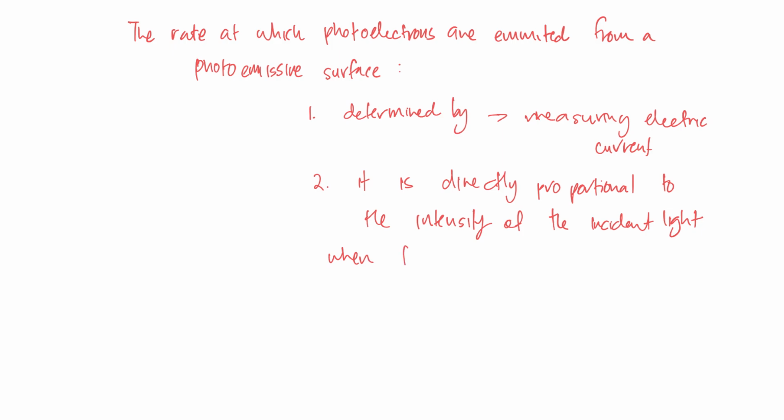When frequency is constant. Alright, so that's the two things that we know about the rate at which photoelectrons are emitted from a photoemissive surface, a metal. Right? The next thing that we look at